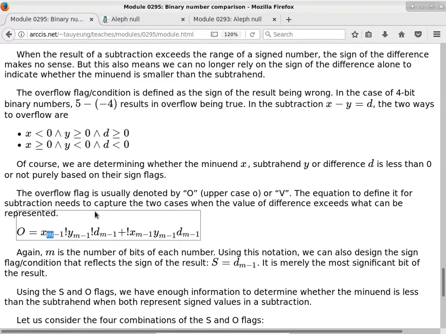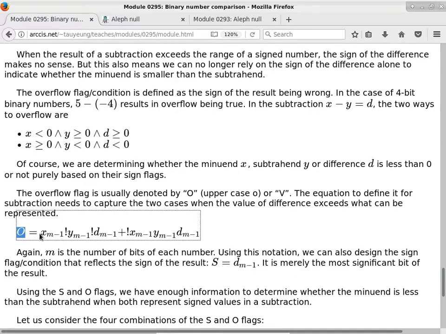Okay? So let's try to interpret what this one is saying. Only just this part here. This part is saying x itself is negative, y is non-negative, and somehow we end up with a non-negative result. Okay? If that happens, we know the sign of the difference is wrong, and as a result, the overflow flag is going to be a 1